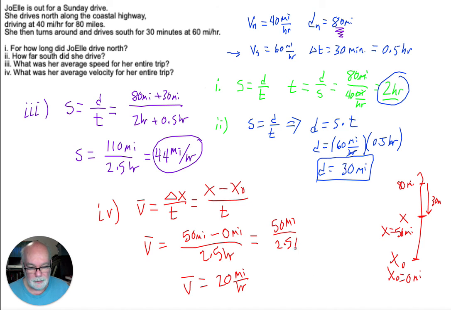That was 2.5 hours. And so that is her average velocity. Please notice it's not the same as her average speed, because average speed is the rate at which you cover distance, so it's the distance divided by the time. Whereas average velocity is the rate at which your position changes. So it's displacement divided